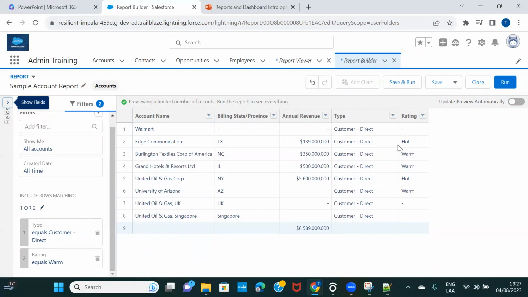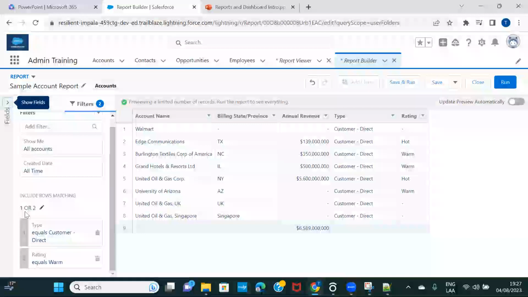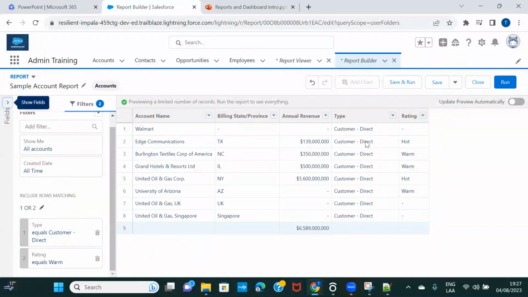And if I take the example of the second row, the account type is customer direct, but the rating is hot, but it is still showing me this record. Why? Because I have put an or condition and my first condition is true. The type is customer direct, so that is why it is displaying. The moment I make it and, then it will check both the conditions. All right, so this is how you can apply filters. And if you have multiple filters, and any kind of additional criteria based on your and or kind of conditions,